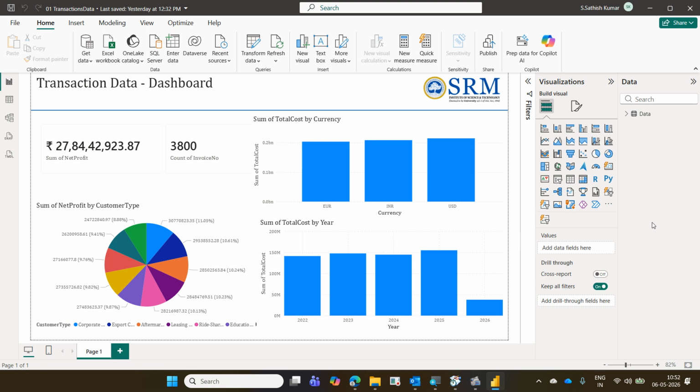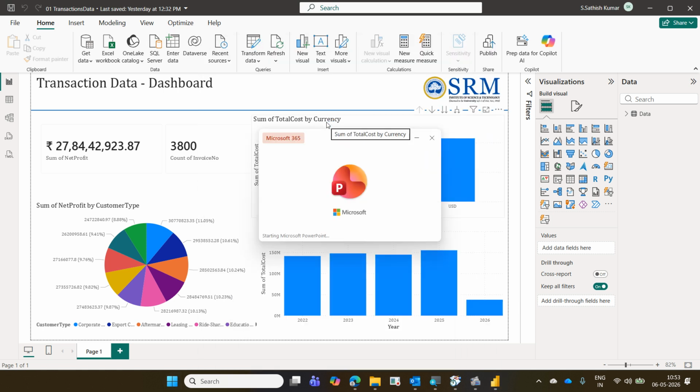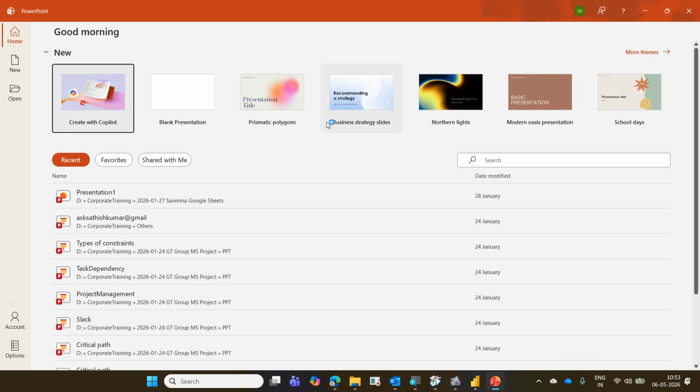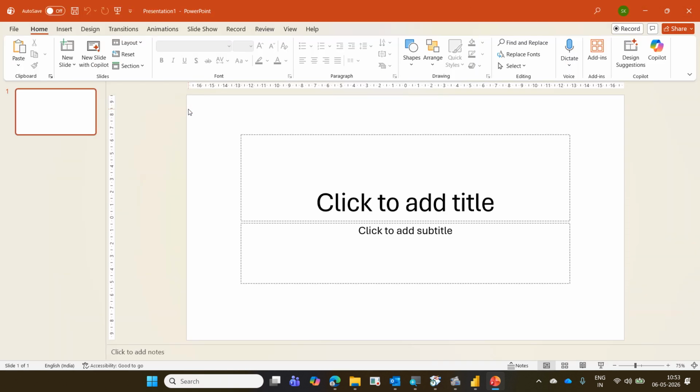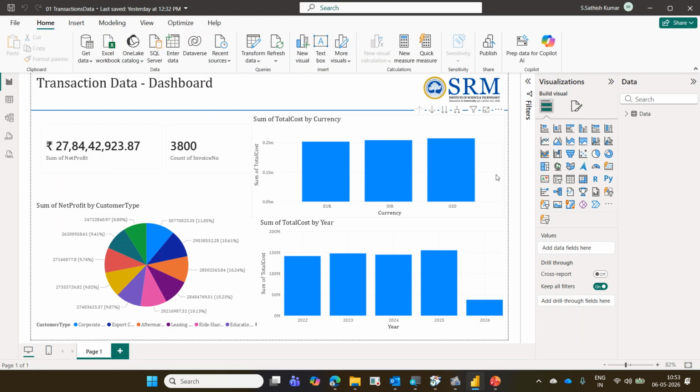I don't know whether you have done a PowerPoint presentation. Normally we create PowerPoint slides. After creating the slides, we have to run the show. There is an option called slideshow, and we have to run the slideshow. We'll create a PowerPoint presentation, and at last we have to run the show. Same here: you have to publish it and show it to others. So how do we publish this?